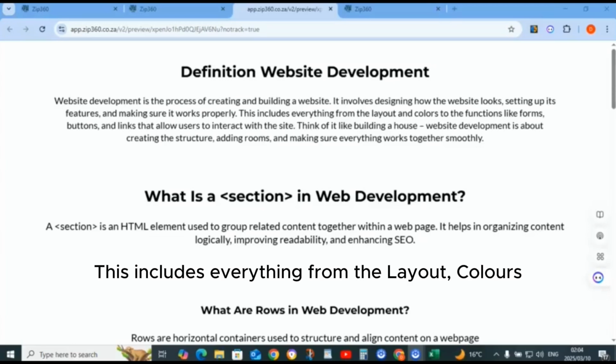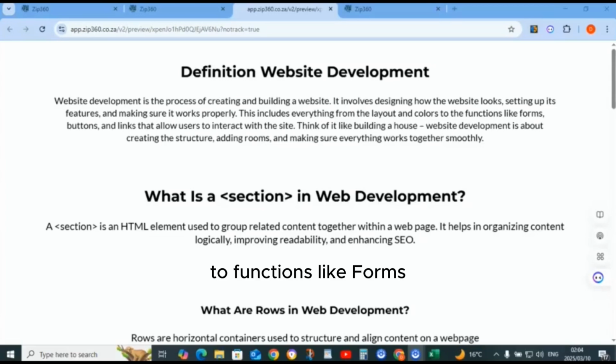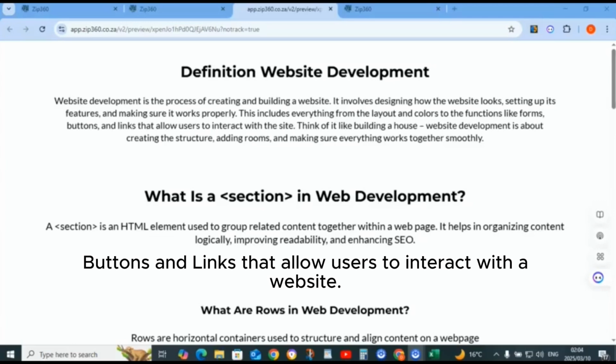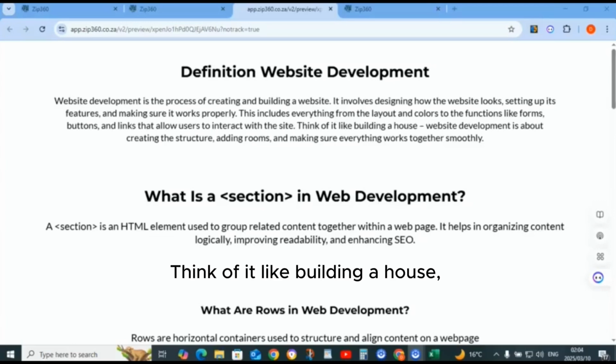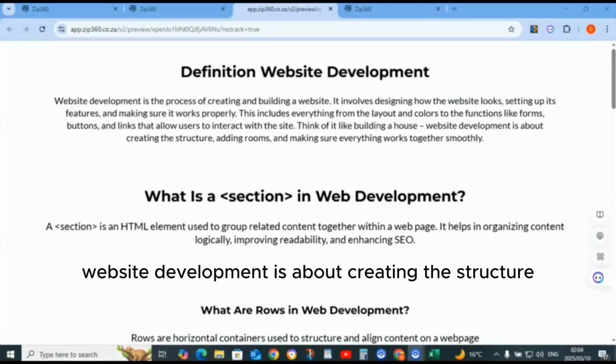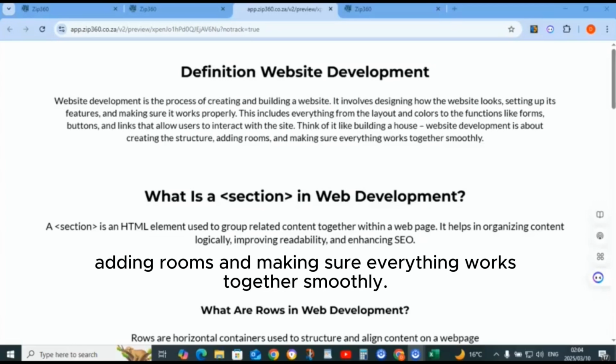This includes everything from the layout and colors to functions like forms, buttons, and links that allow users to interact with the site. Think of it like building a house. Website development is about creating the structure, adding rooms, and making sure everything works together smoothly.